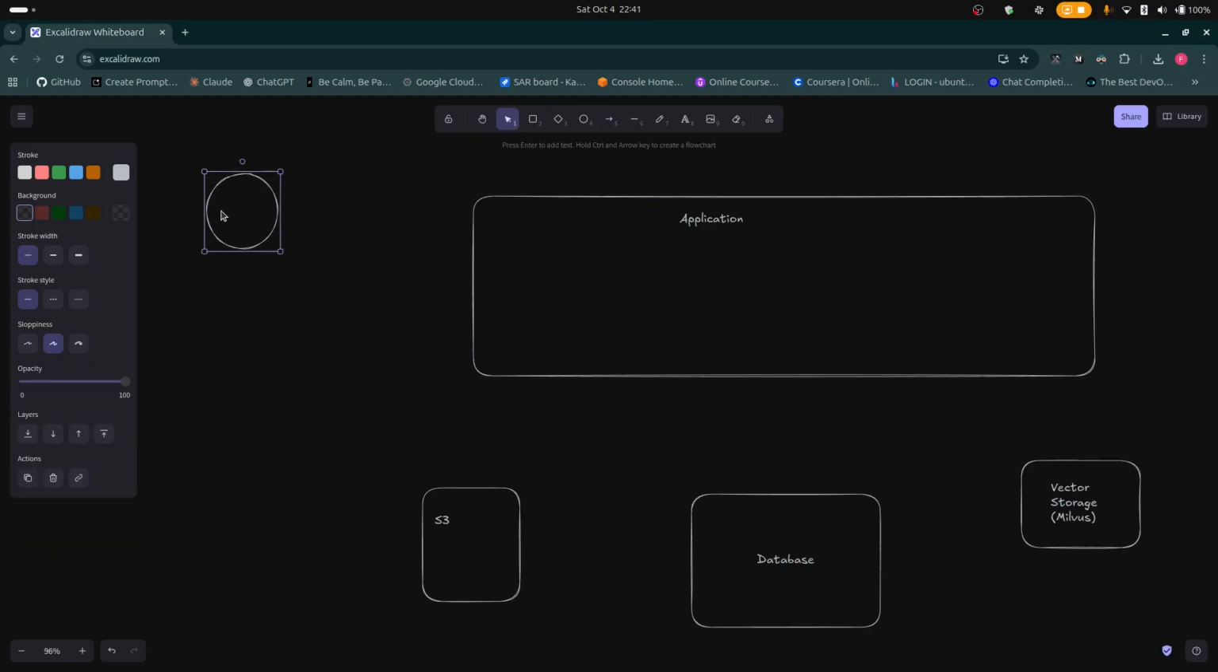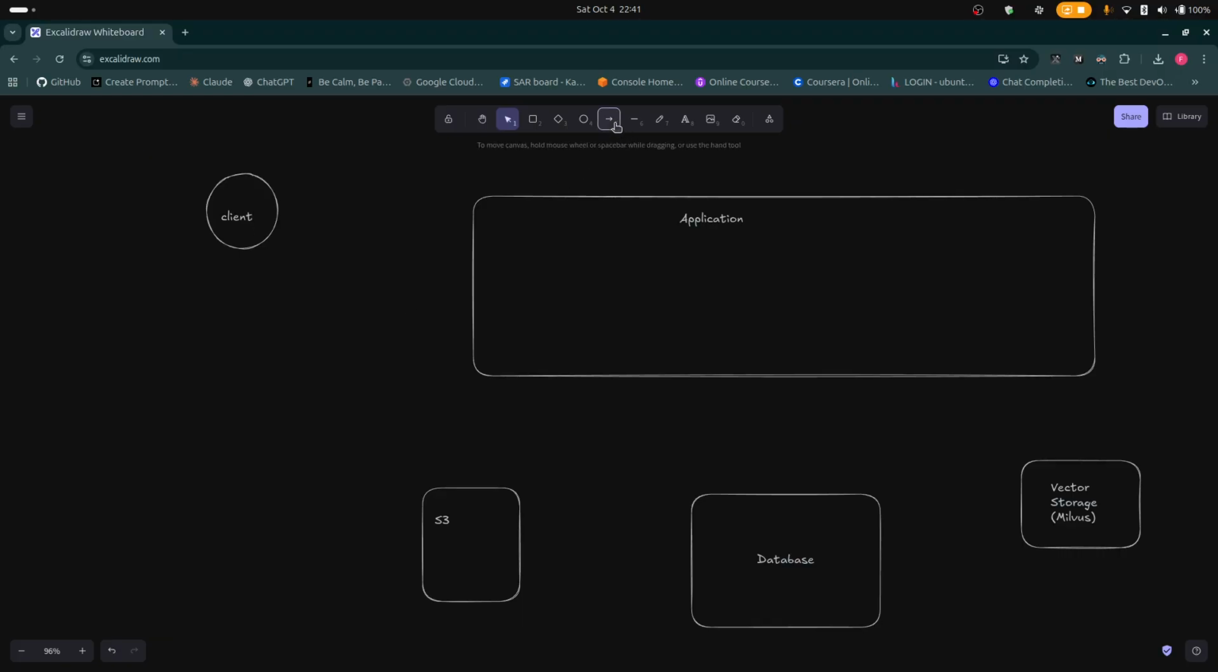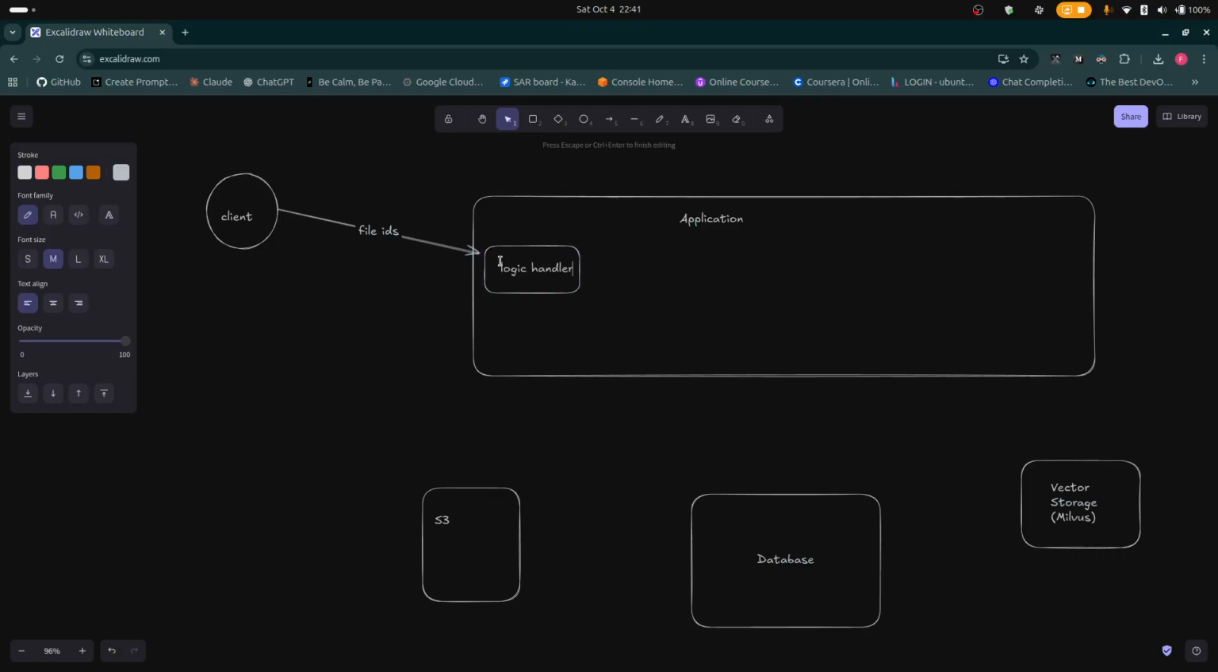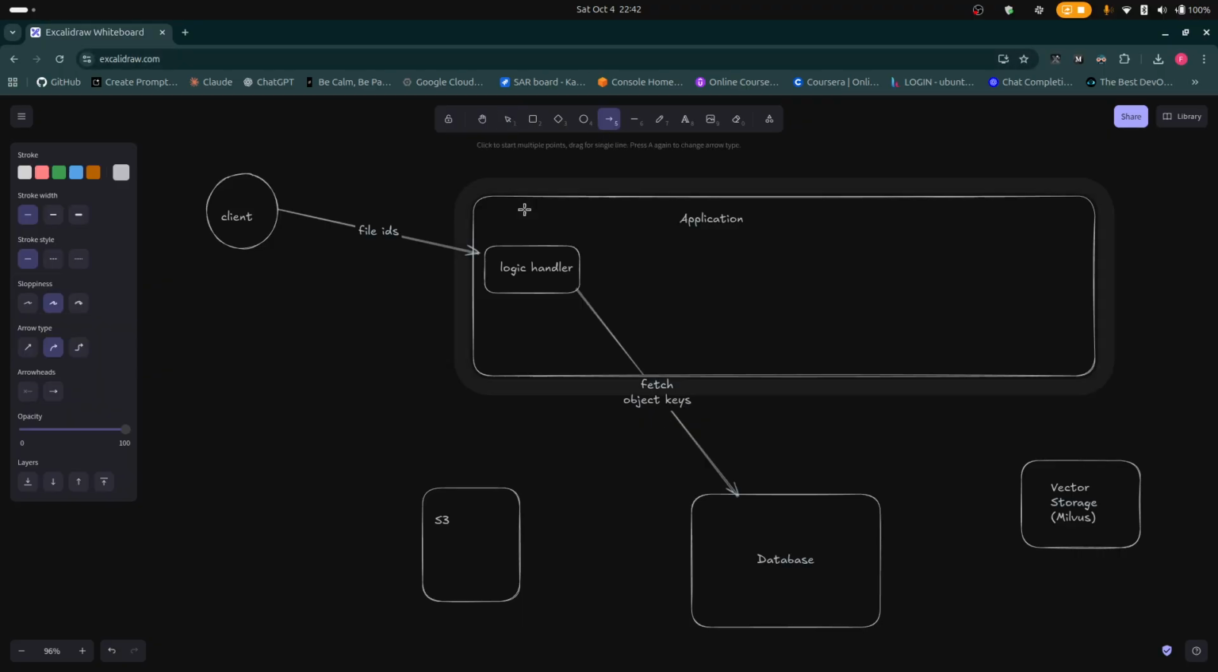Whenever a client makes a request, they would provide the file IDs they want to ingest. So that's the metadata they are going to provide, the reference, I would say: they would provide file IDs. The application has a logic handler which would then fetch object keys,